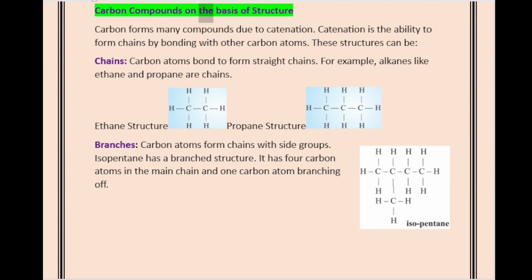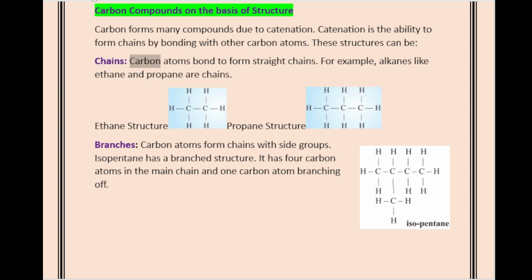Carbon compounds on the basis of structure. Carbon forms many compounds due to catenation. Catenation is the ability to form chains by bonding with other carbon atoms. These structures can be